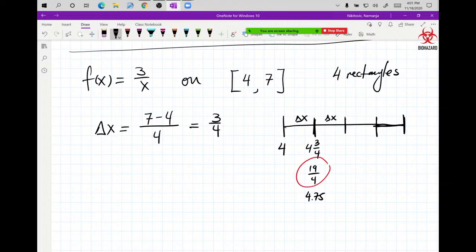So now, when I add 3, that becomes 22/4. Then I add 3 again, gives me 25/4. Then I add 3 again, which gives me 28/4. Oh wait, 28/4, that's 7. Good, landed exactly what it's supposed to at the end of the interval. So 28/4, boom, 7. Now, yes, I can simplify this to 11/2. I don't know if we're going to need it. We'll see. So now that we understand the way to break this apart, 19/4 over here,